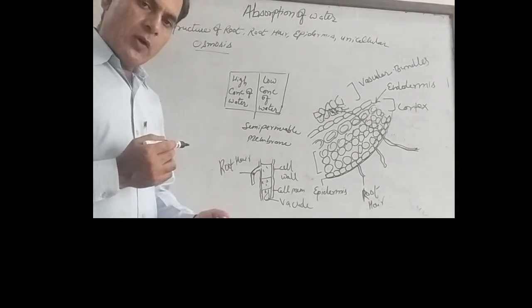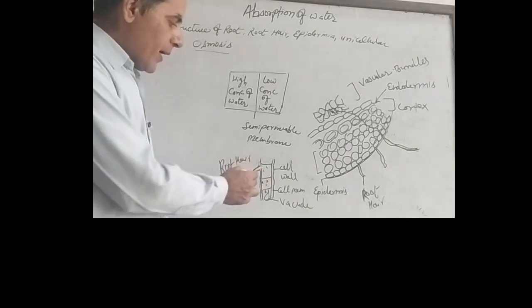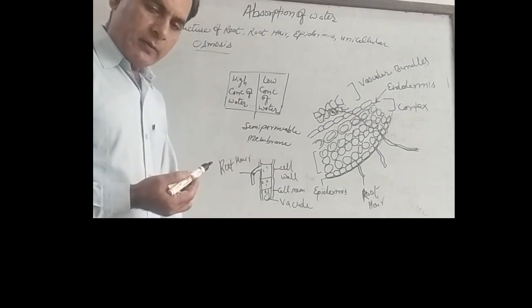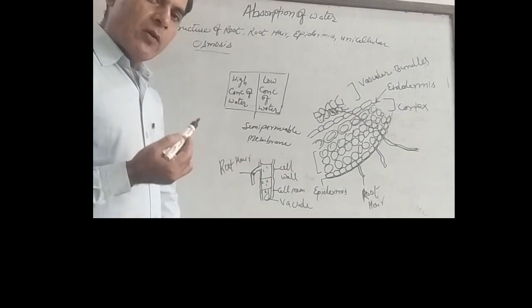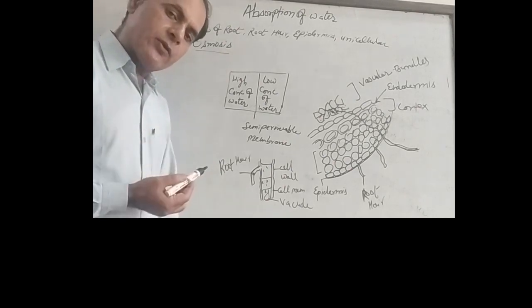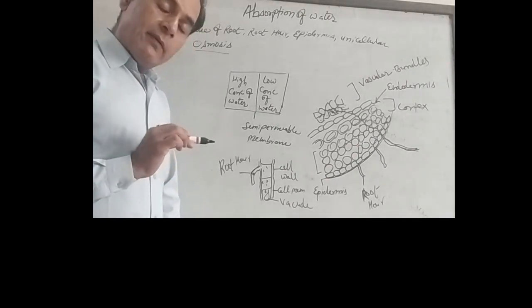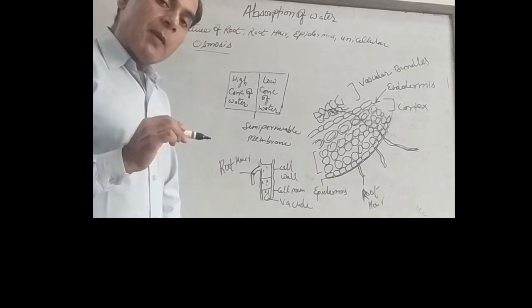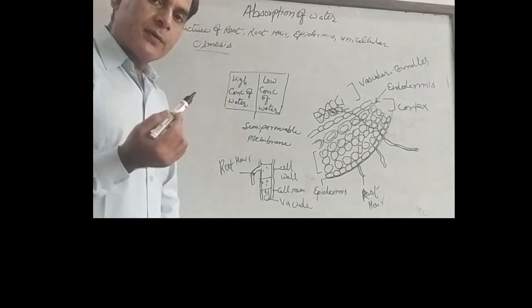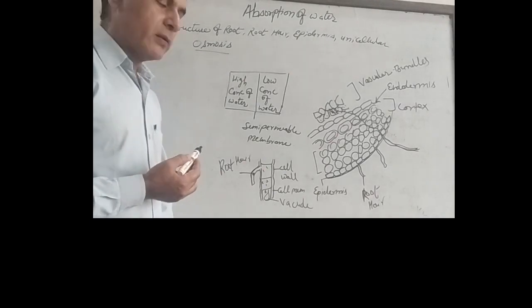Soil contains more water, more minerals, more salt, but the root of the plant has less minerals, less salt, less water. So you have to remember that things as well as water always move from high concentration to lower concentration. And cells of the plants are semi-permeable. Semi-permeable means they can take a special kind of substances which is required by the cell. They are absorbed by the cells.